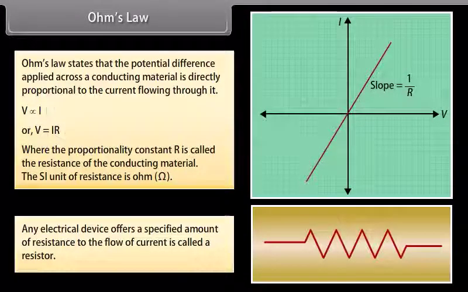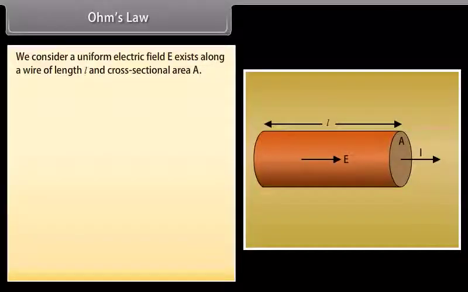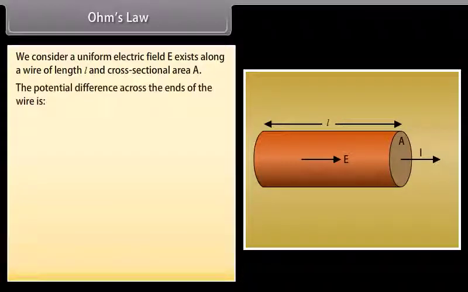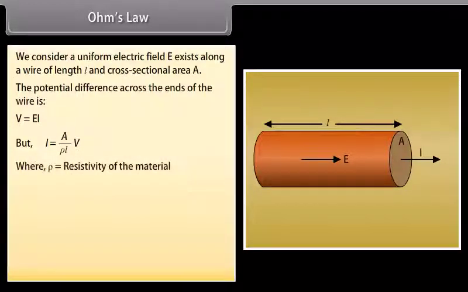We represent a resistor by this symbol. We consider a uniform electric field E existing along a wire of length L and cross-sectional area A. The potential difference across the ends of the wire is given by V is equal to EL, but I is equal to A upon rho L multiplied by V, where rho is